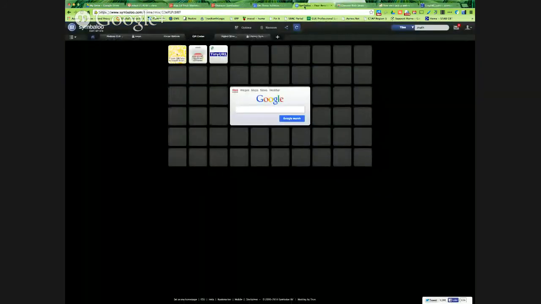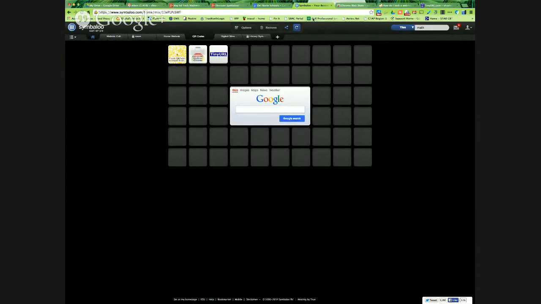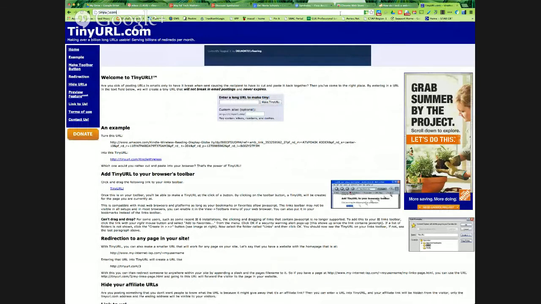So searching is an easy way, but everything you search for might not come up. And so you also need to know that if you want to add a site, you would just go to the site, grab the URL. So for instance, we could go to the Google URL shortener,